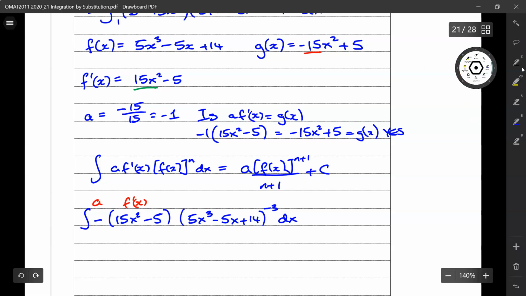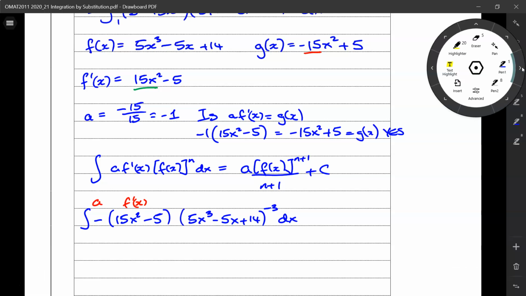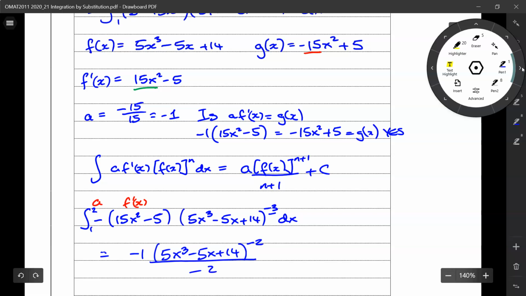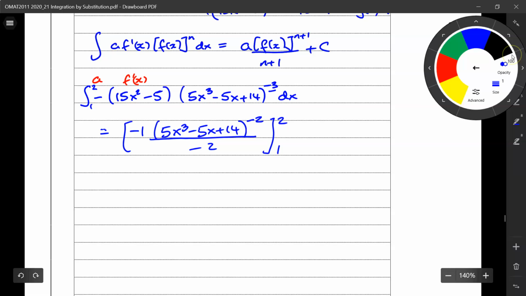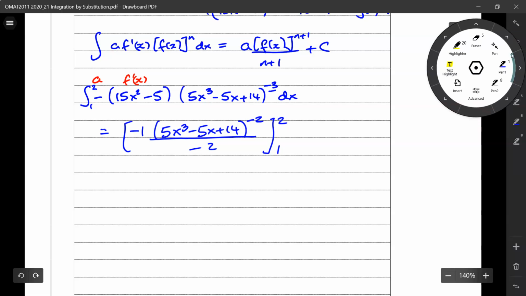And if we apply our rule, then that is equal to, and we're going from 2 to 1, a, which is minus 1, times 5x cubed minus 5x plus 14. Our power up here is minus 3, so we add 1 to get minus 2, and we divide by the minus 2. We're going to evaluate it between those two limits, from 2 down to 1. So minus 1 divided by minus 2 gives me plus a half, so I'll put that outside,